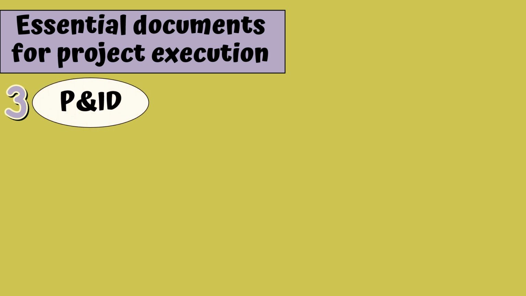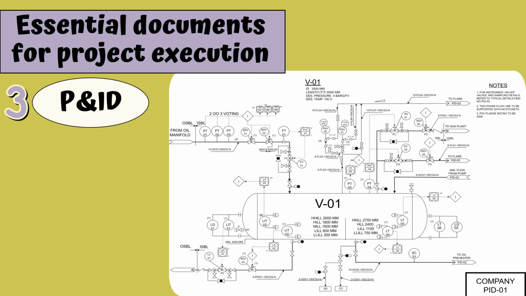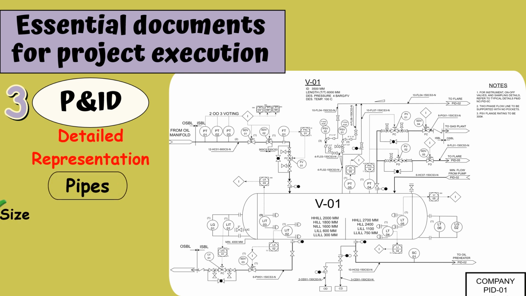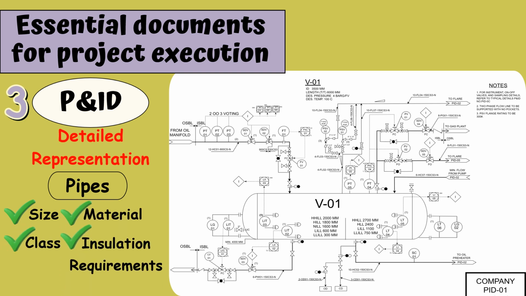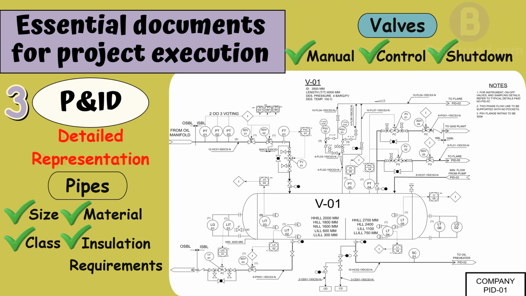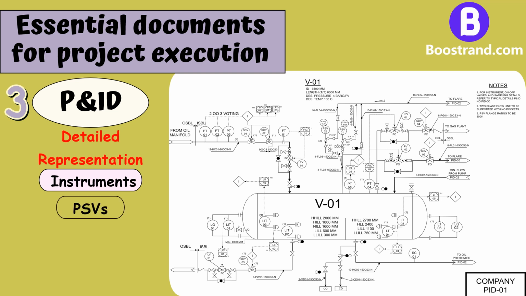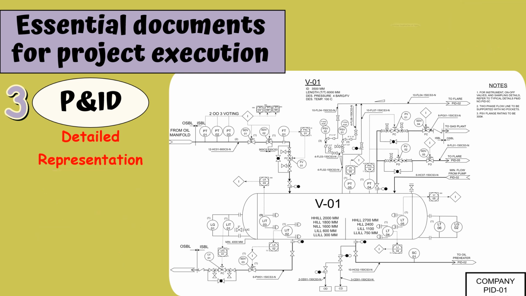Thirdly, piping and instrumentation diagram, P&ID. The P&ID is developed based on the PFD. It gives a more detailed representation of the process, such as pipe details, like size, material, class and insulation requirements, manual, control and shutdown valves, all instruments and PSVs, interconnection of process units and control loops, all equipment nozzles, detailed destination